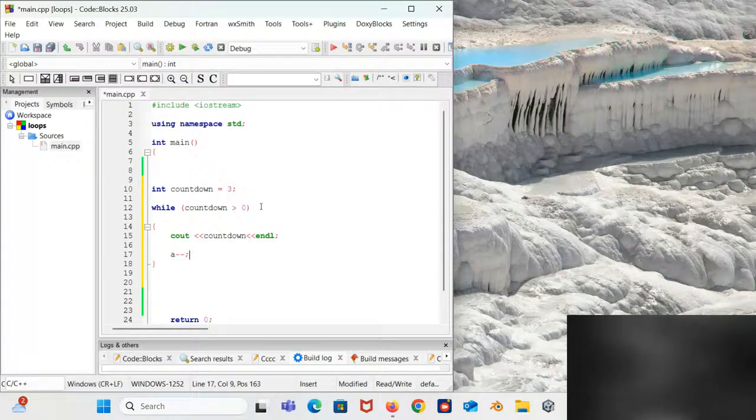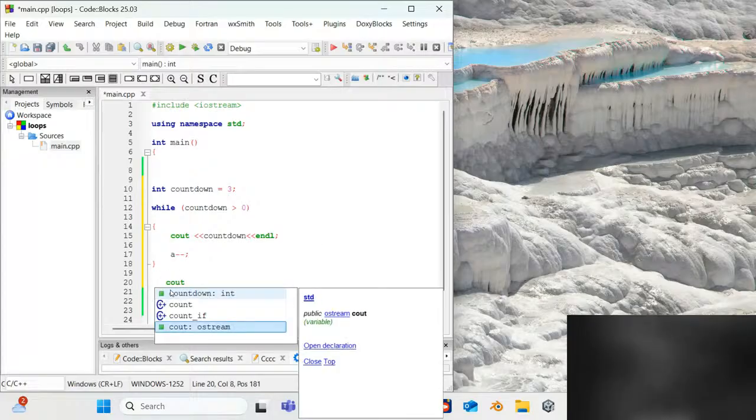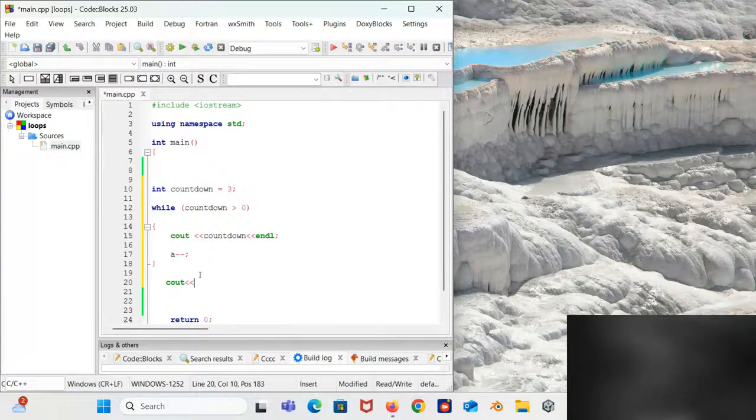As we are using the postfix decrement, when we run this code, it's just going to print out 3, 2, 1. But we also want to get that word go, or let's say start at the end. Now, the best option is to do this outside the loop, because the action inside is in the loop. So the best way is to have it done outside the loop. So let's place go here.